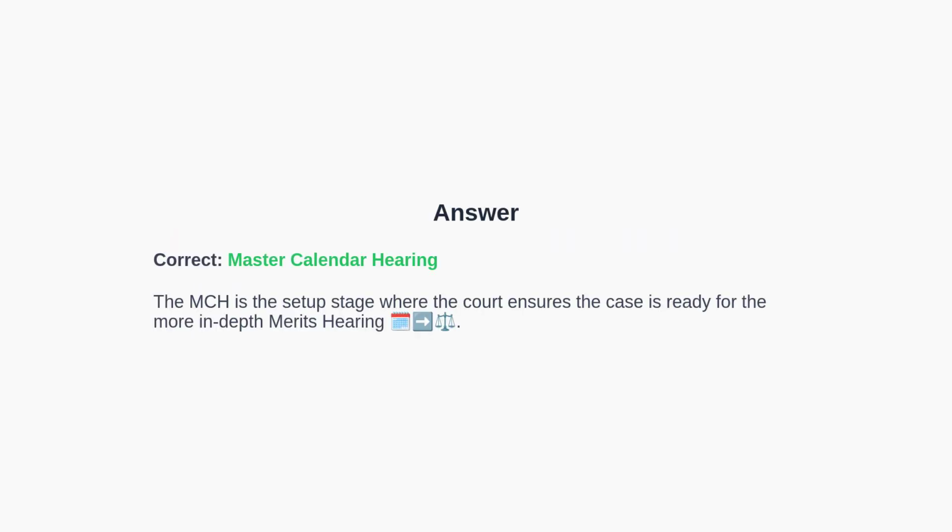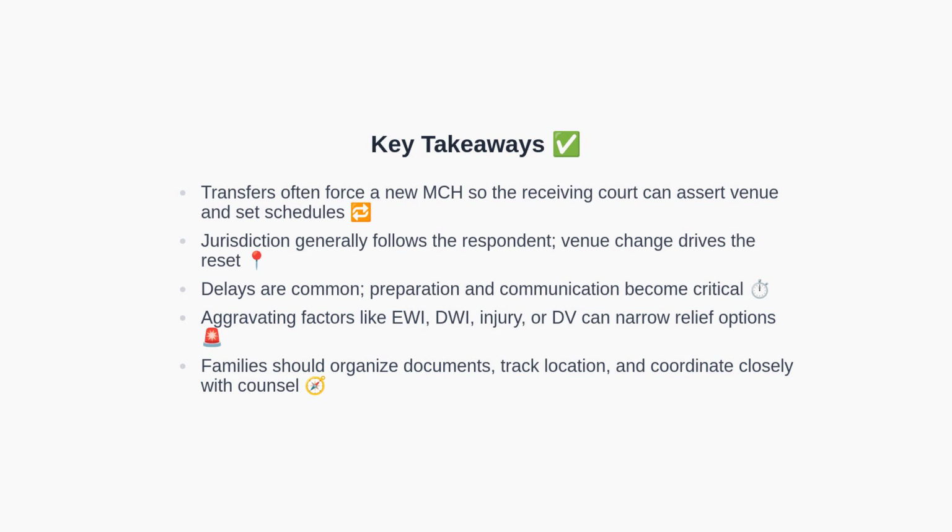The correct answer is the master calendar hearing. That is the administrative setup where identity, charges, relief, and deadlines are addressed to prepare for the merits hearing. With the knowledge checks complete, let's consolidate key takeaways. Key points. First, transfers commonly trigger a new master calendar hearing so the receiving court can assert venue and set a fresh schedule. Second,